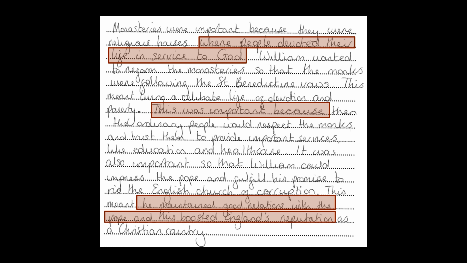This paragraph links back to the overarching theme of church reform and the Norman kings and their relationship with the papacy. Once you have learnt one or two important facts about the monasteries, you can use your explanation back to this overarching theme to explain why the changes made to monasteries were important to William and future Norman kings.